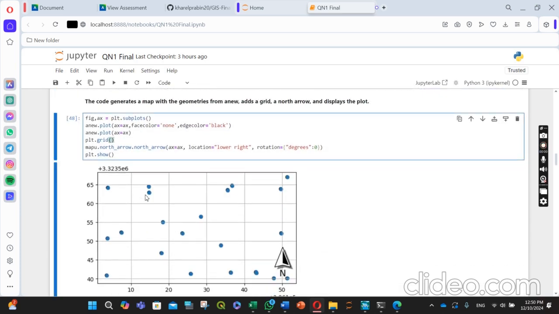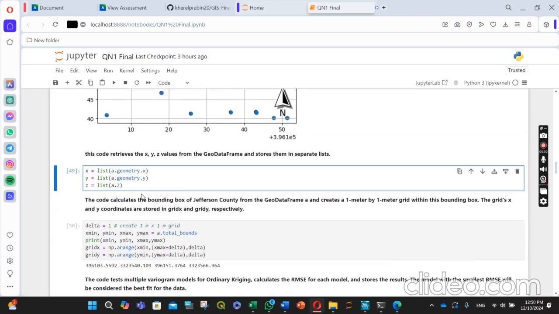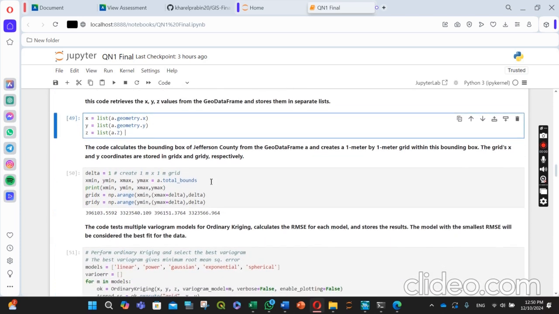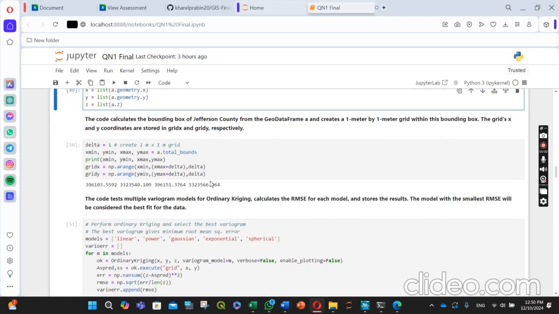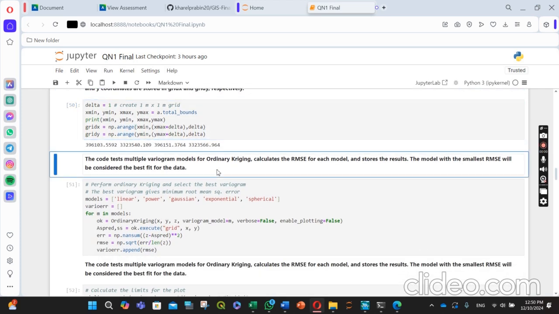This command helps to plot all the data. You can see the diagram here. After then, I retrieve XYZ values from the geodata frame and store them in a separate list. So this code helps to determine the grid value for X and Y. After then,